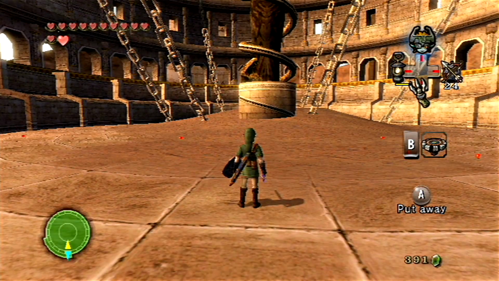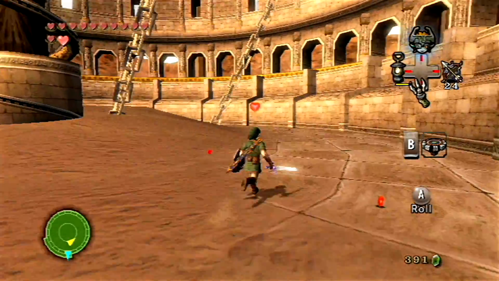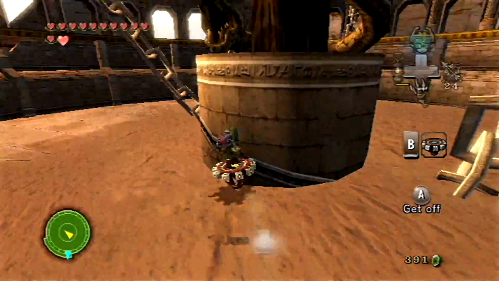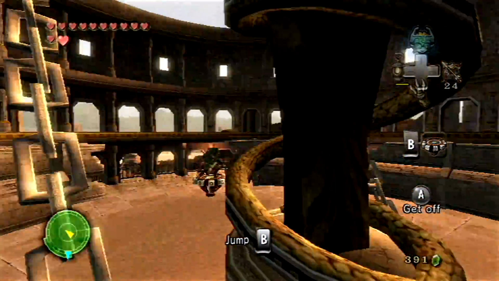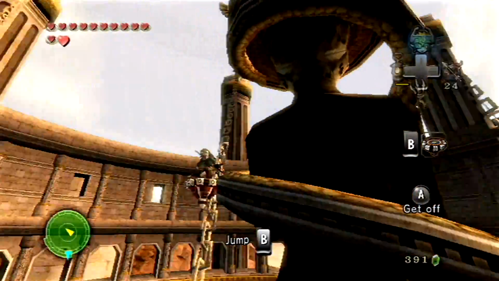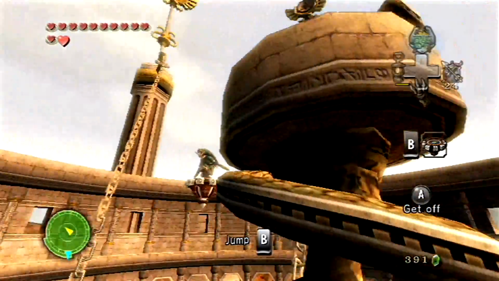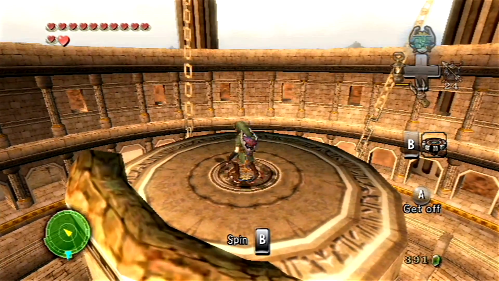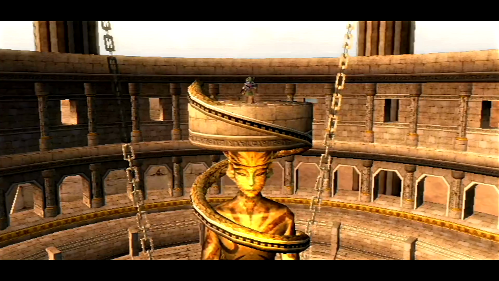So now that that is out of the way and we have access to this portal now, really the only thing we can do is use our spinner to go all the way up the outside of this statue. Now I really do like the design of the statue too. Like, I like the fact that the spinner track is actually like a serpent. It's pretty cool. Anyways, once you get up here, just spam the B button again, and eventually, it's going to